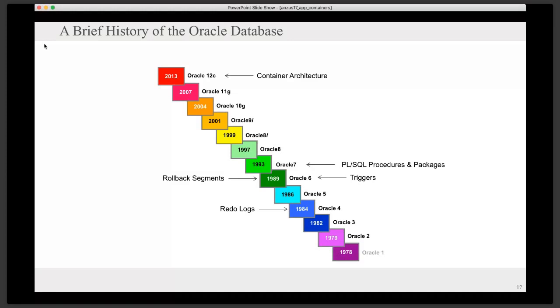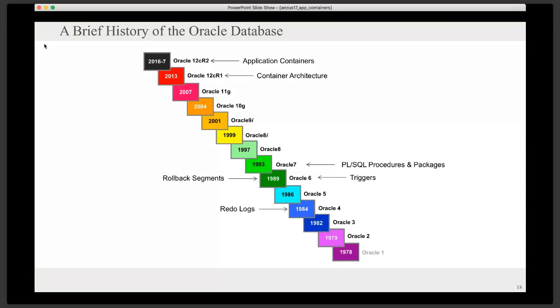They'd really made significant changes to the architecture, and I was going to have to go back and read the docs in order to work with the new container architecture. So if we change slides, finally 2016, 2017, Oracle makes another major change in 12cR2 with application containers, and that's what I want to focus on